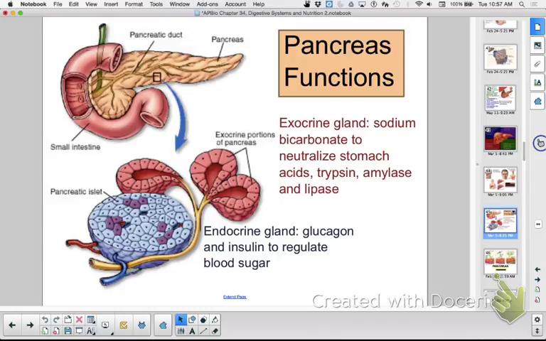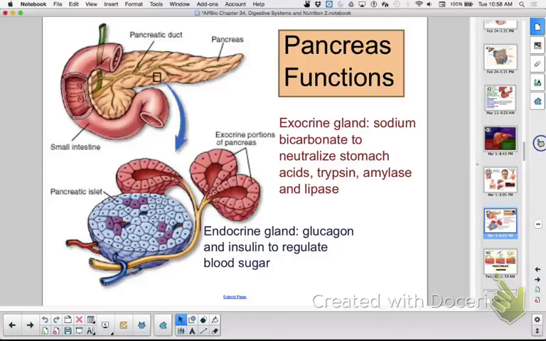The other part of it acts as an exocrine gland, and this is where I say he's a player. He makes digestive enzymes for everything. He makes trypsin, chymotrypsin, which both digest proteins. They all sound alike: pepsin, trypsin, chymotrypsin. Those are all protein-based. It also makes pancreatic amylase. What do you think that digests? Starch, carbs, good. And then it makes lipase. What does lipase sound like? Lipids. And it will digest lipids down into glycerol and fatty acids. Okay, so that's why the pancreas is a major player in homeostasis.